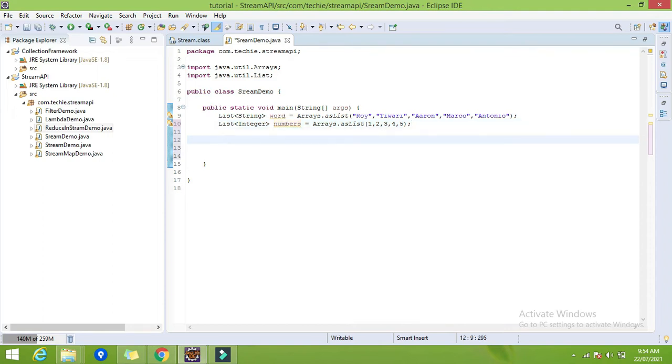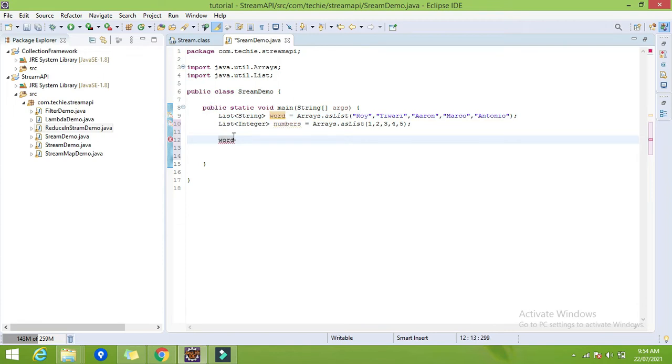First, I have the requirement that I want to convert these whole five words into a single text or single string. I want to concat each element with another, and I want one complete string. So let's try with the reduce method now. To use reduce, first we have to create the stream of the list or collection.